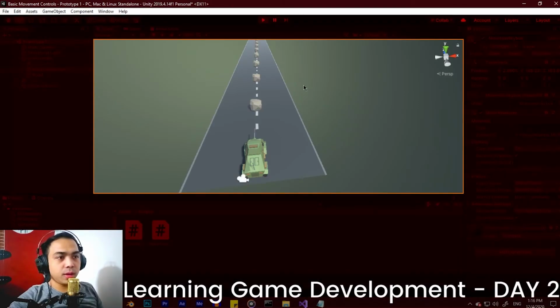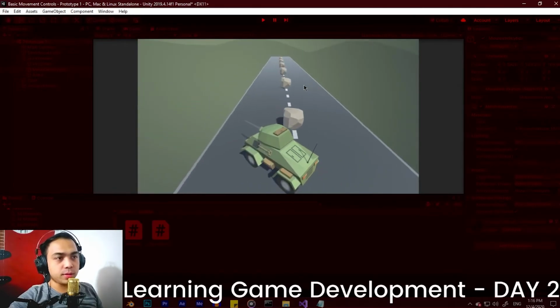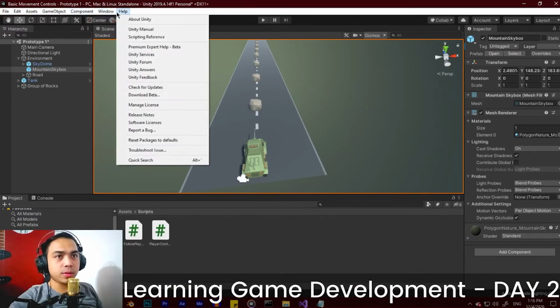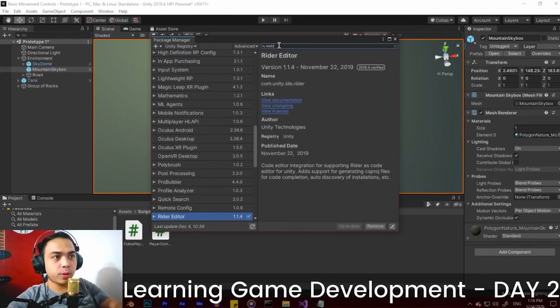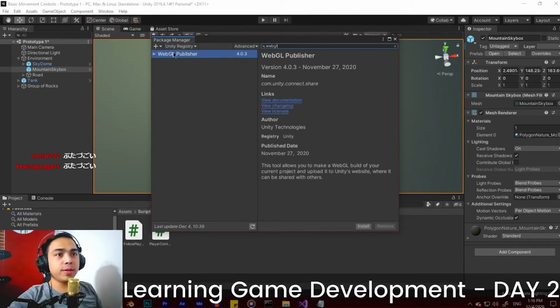Now that we are done with our truck simulator, we're going to publish this as a WebGL game. How to do it is, go to your Windows, go to your Package Manager, and go to Unity Registry and search for WebGL. So you have here a WebGL Publisher. To install it,